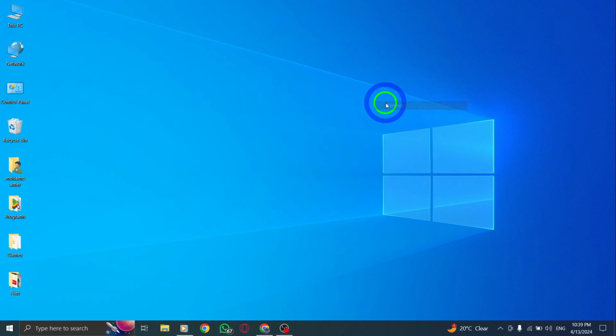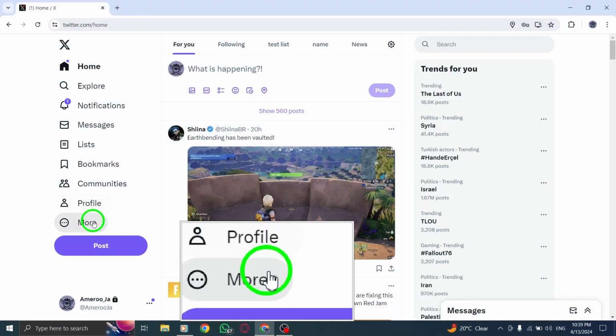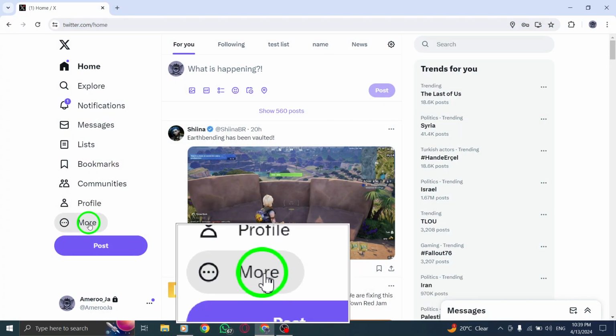Are you curious about when your Twitter account was created? Let's explore how you can view your account creation details on Twitter using your PC. To get started, locate and click on the More icon in the navigation bar at the top of the Twitter